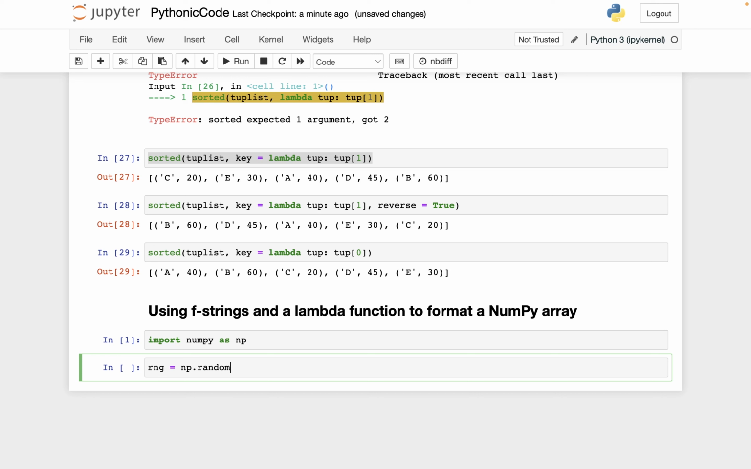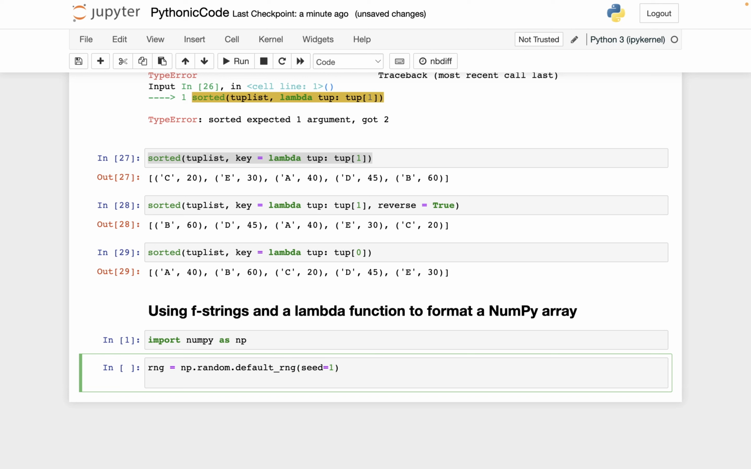And usually when I do this, I do a default RNG parentheses, but I want to have repeatable numbers here, so I'm going to do seed equals 1. Okay, I tried it with seed equals 0 and it didn't work, so I'll show you what I mean in a second. So if I do ARR equals